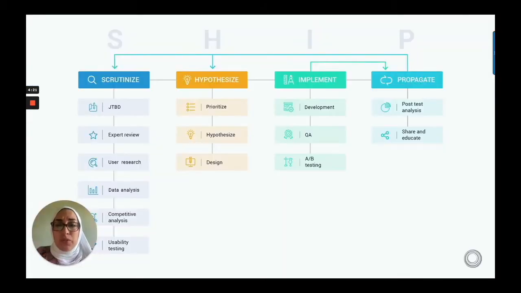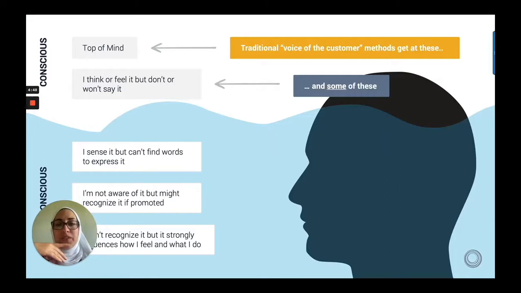One of the first things when you look at our process is that highlighted under scrutinize, you see something called JTBD. What that stands for is jobs to be done. Now, again, a lot of CRO companies out there do interviewing, where they interview the customers, because to collect that qualitative data, interviewing is super important and often overlooked. So we definitely encourage that. And the way that we conduct it is a very specific approach as well.